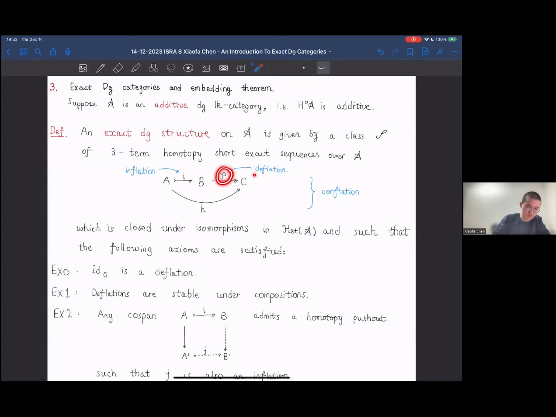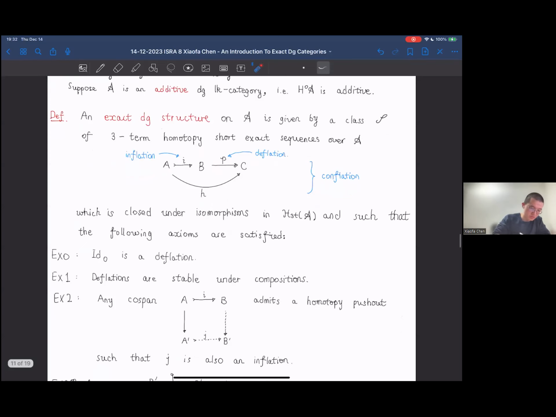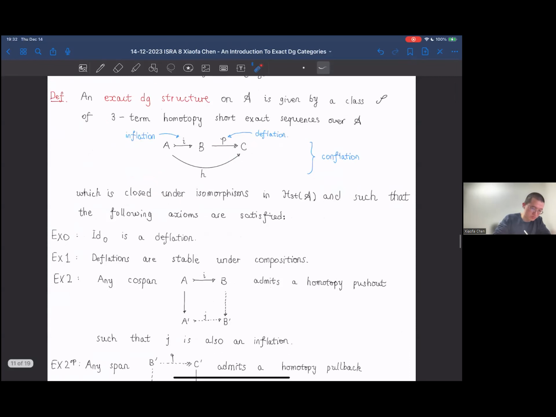Such a class of objects is required to be closed under isomorphisms in this category,